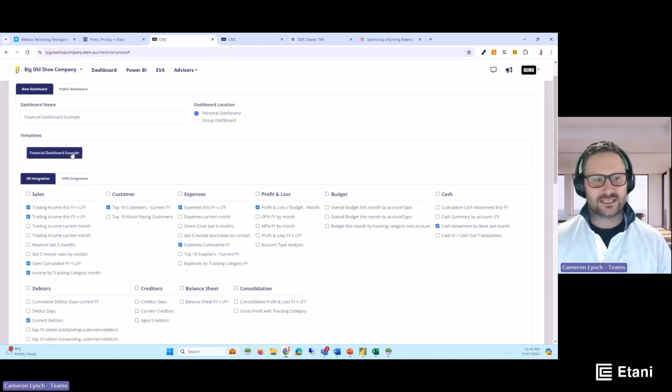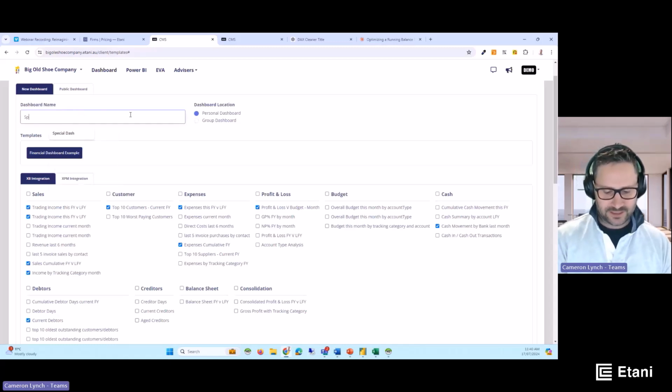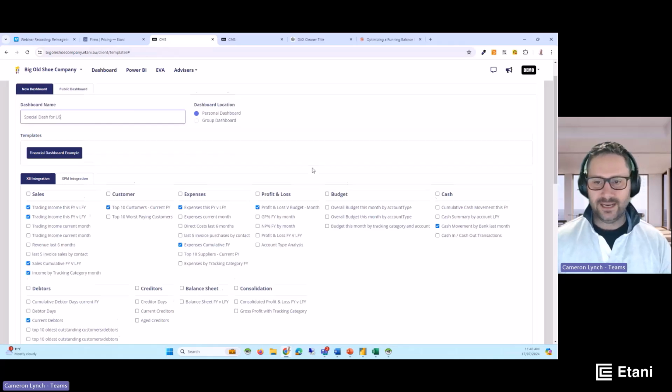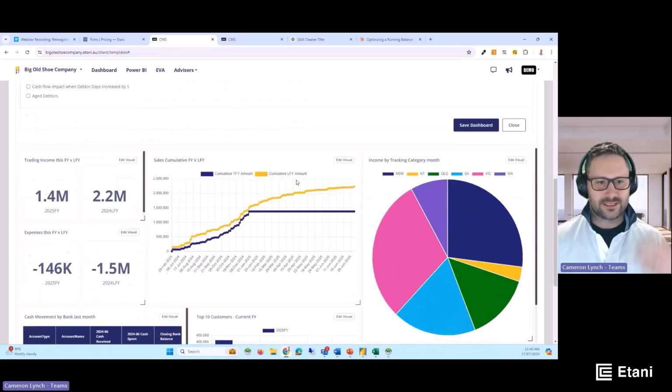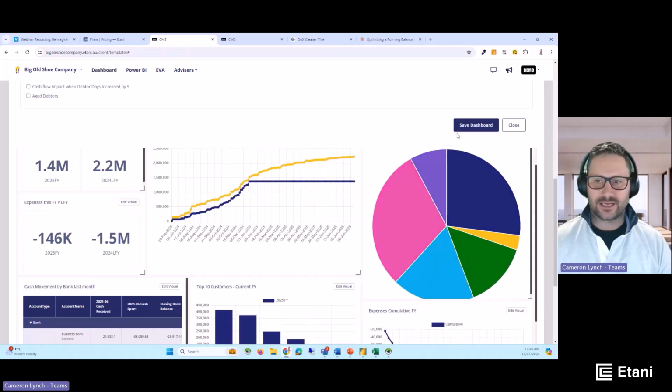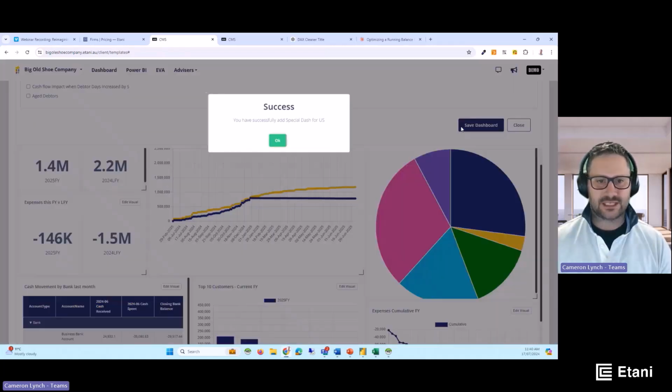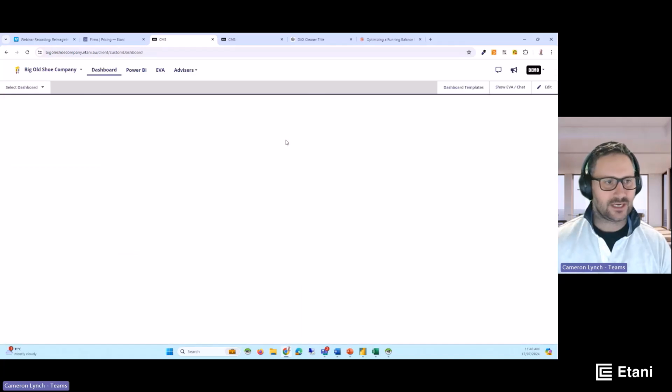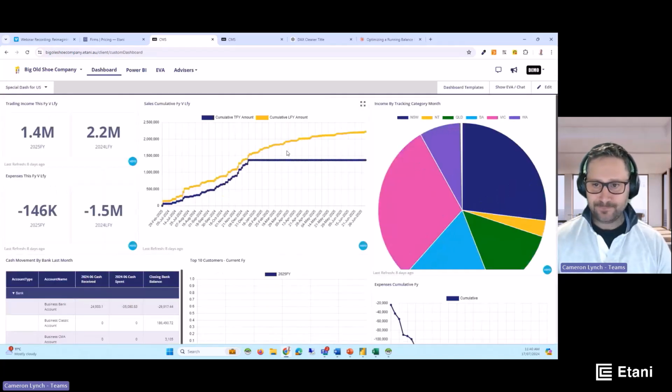ball rolling. So if I start with this financial dashboard example, which I'm going to call a special dash for us, down here it spits these out. We can readjust things, readjust the heights, and then we're going to save this dashboard, this special dash for us. After you have just spat out a dashboard, we're going to bring up Show EVA